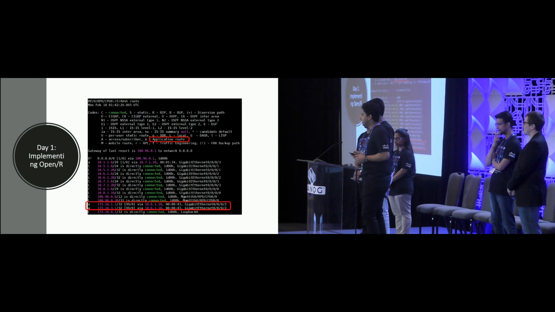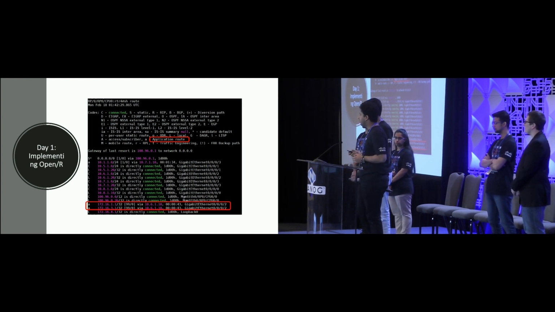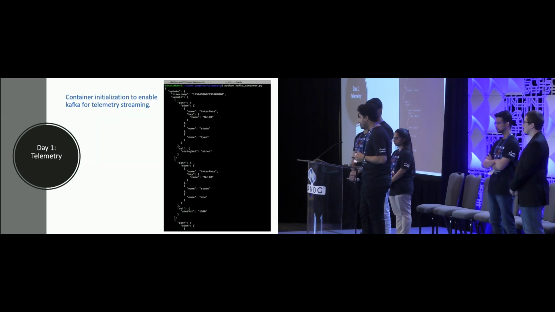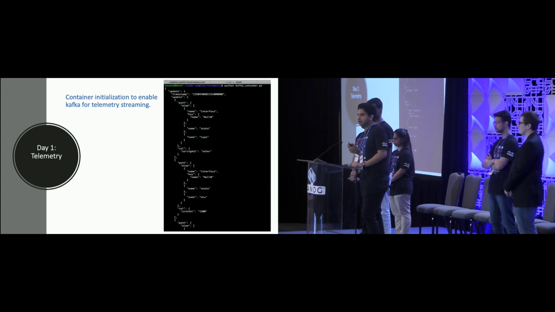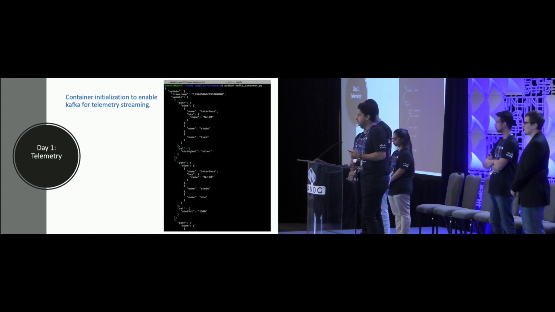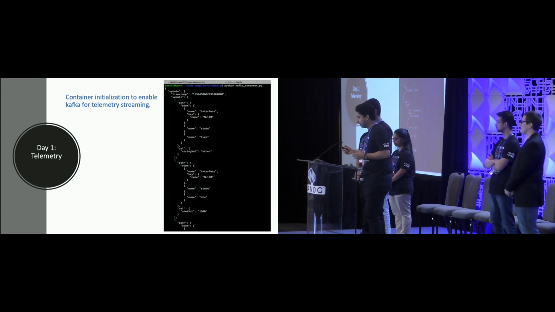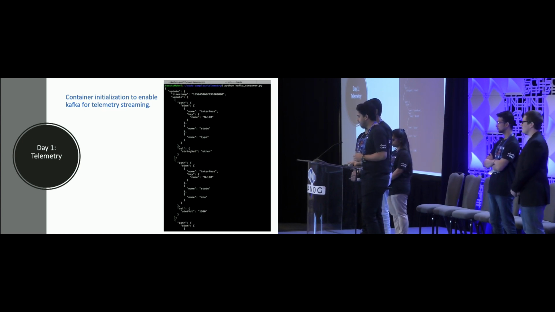So we then went ahead and deployed OpenR as the IGP. And as soon as we pulled the Docker image on the box, the application routes that you see here on the screen marked started propagating in the topology. And once that happened, the BGP adjacencies came up immediately. So moving on to the third objective of day one, we also had to set up a telemetry server which would fetch the real-time health information from the network and push it to a Kafka consumer. I'll get into this part, which is tied into day two as well.